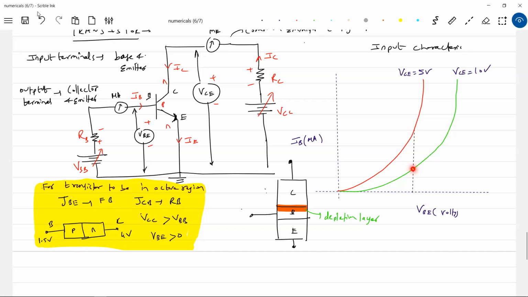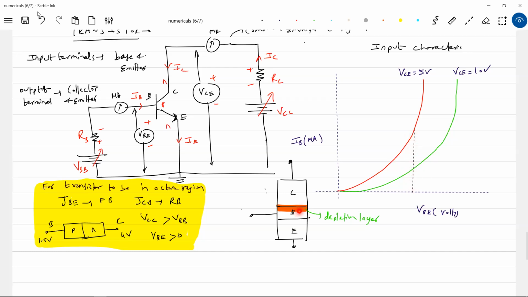Base current decreases means it should take a lower value. Earlier for VC 5 volt, for a certain value of VB 0.5, this was the current. Now as I increase VC, the base current will decrease. Okay, got this idea now? The meaning of this particular graph: or to have the same base current, you should increase this VB. You can interpret it in either way. This is the actual correct interpretation.